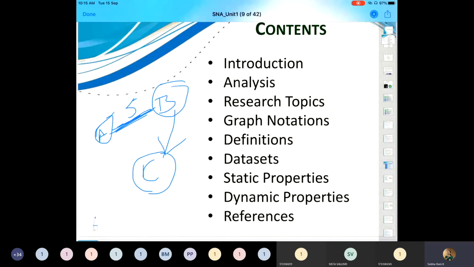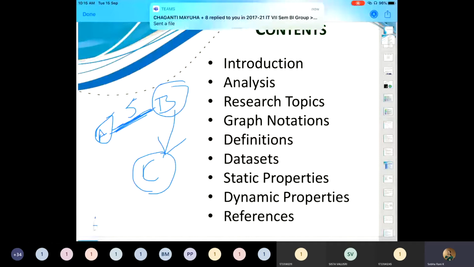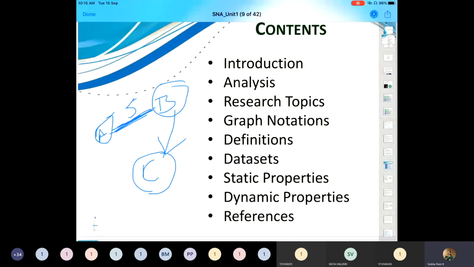Then we can see how we measure the static properties of a graph, and again the dynamism, how it changes. Can I use an example of corona, how it is changing over time? If you don't mind, I'll just use the word COVID. I wanted to use how it is changing at one snapshot. At one snapshot, we call that a static property. And again, over a time period, maybe from today morning 9 a.m. to tomorrow morning 9 a.m., that will be dynamism, how it changes from point 1 to point 2.